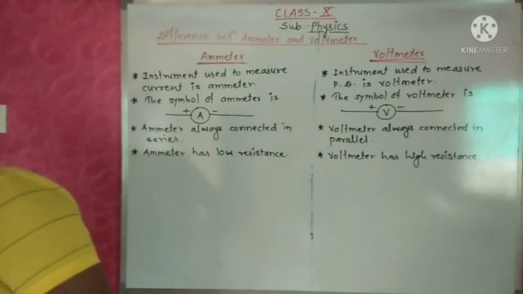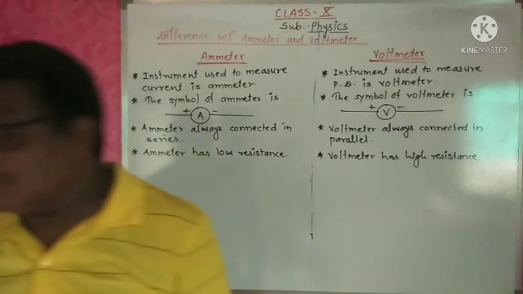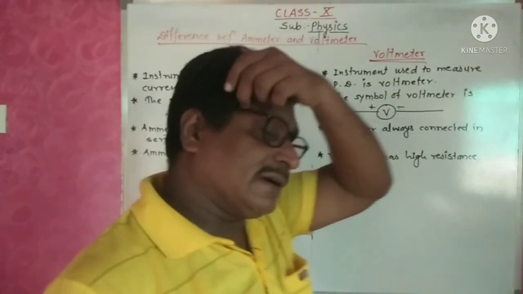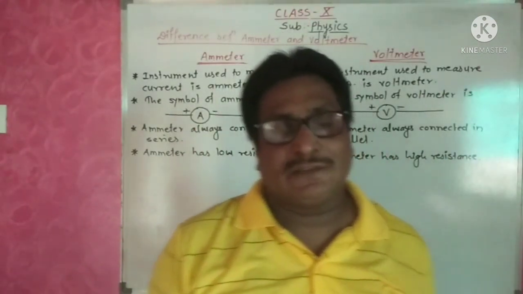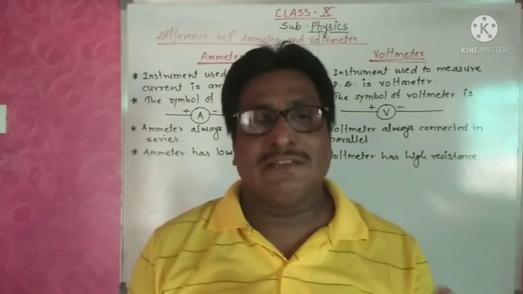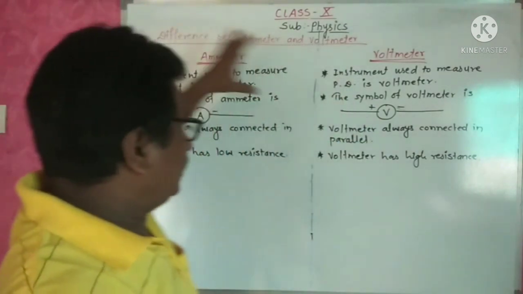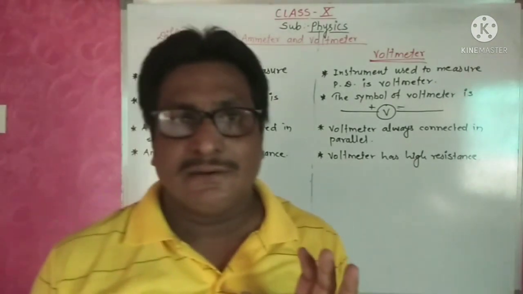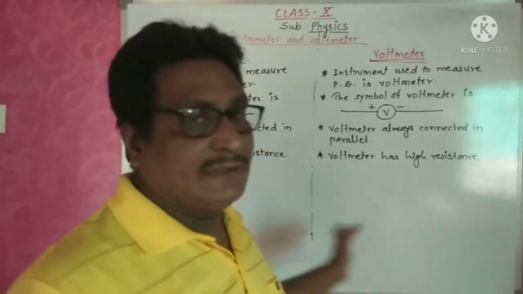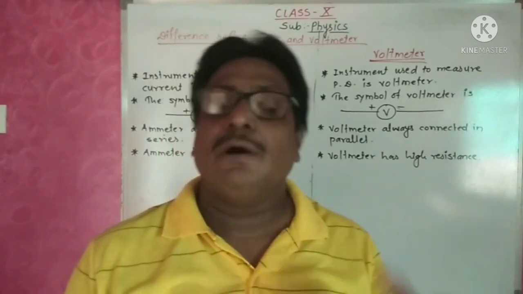So hope you understand this, students. Now next, it is how the current flows in the conductor. Flow of electron in the conductor, how it is flowing, that we will discuss. And Ohm's law, most important, the first law of this lesson is Ohm's law. Understood, students? So whatever I explained today, hope you understand that. Write it and study it. Any doubt is there, you can ask, I will clear it. Okay, students? Thank you and have a nice day.